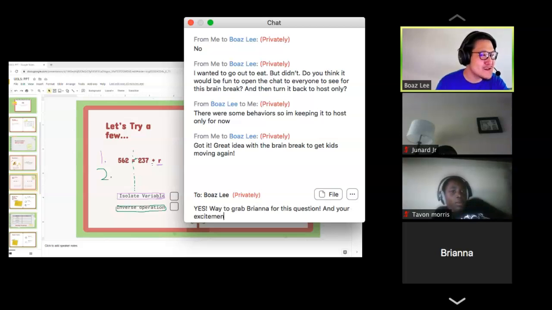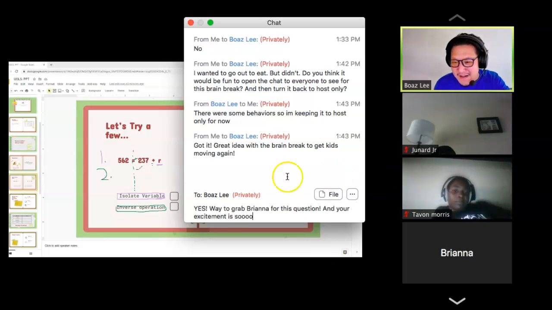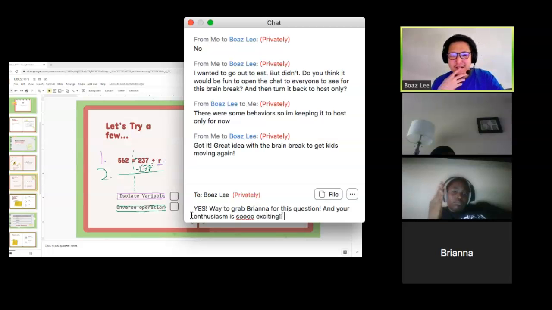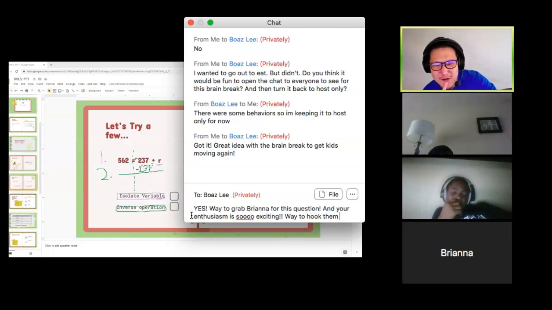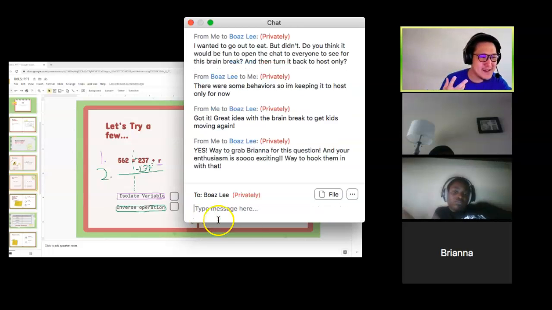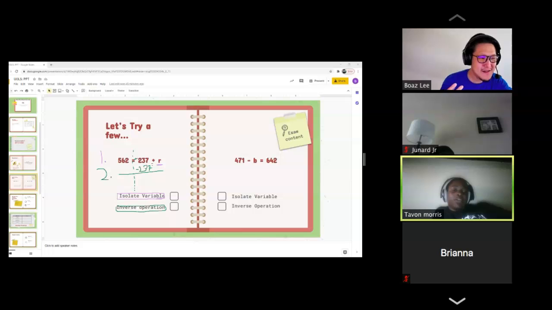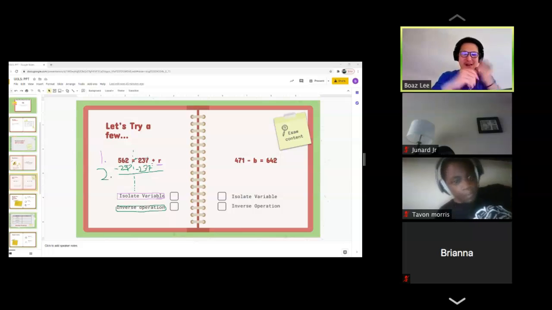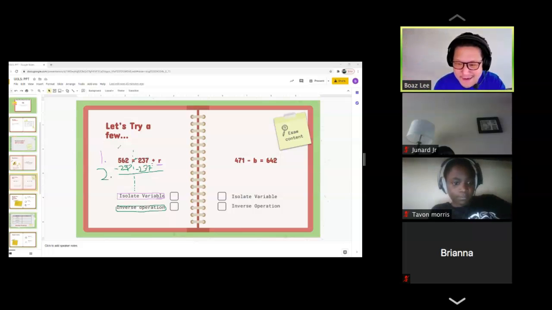All right, let's keep it going. So we are going to be subtracting 237 to help isolate our variable. Now, here's a thought. Whatever I do to one side, I have to do to what? The other. Hey, there you go, the other side. So, I'm going to subtract 237 from both sides. So, we know that 237 minus 237, they're opposites, so boom, that's going to cancel out. Bring what we haven't used on the right side all the way down.